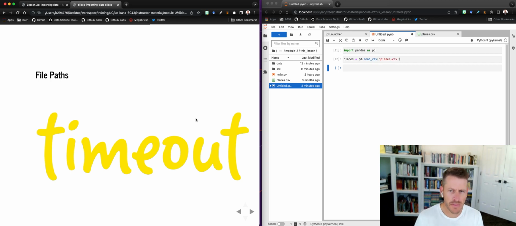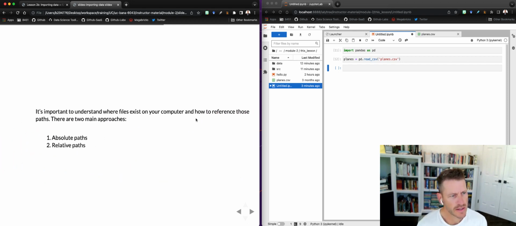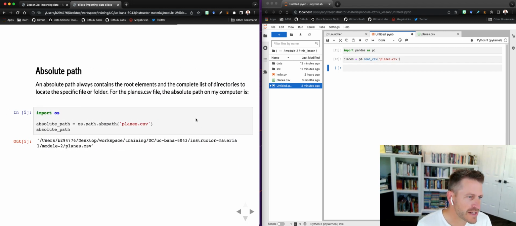All right, this is a good time to pause, take a time out, and let's talk about file paths for a second. So it's important to understand basically where files exist on your computer and how to reference those locations. And there's two main approaches that we use to do this. We have one approach called the absolute path, where we reference the full path, and we also have one called the relative path. Okay? And how these differ is the absolute path will always contain the full